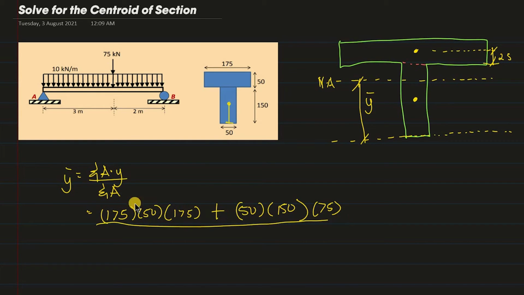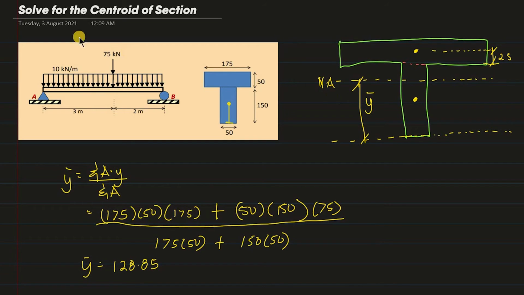Alright? Over summation of areas. So, we will add the areas of each figure that we had. So, first ito, that's 175 times 50, yung taas na to. Tapos ito, 150 times 50 plus 150 times 50. So, the answer of this, ang sagot po natin mga Bs ay equal sa 128.85. Okay, so I'll go to decimal. So, the location of our neutral axis is 128.85